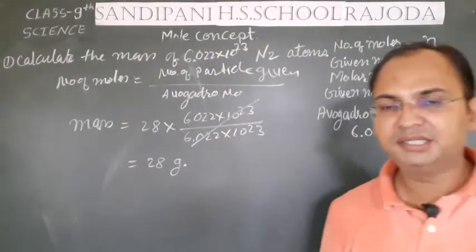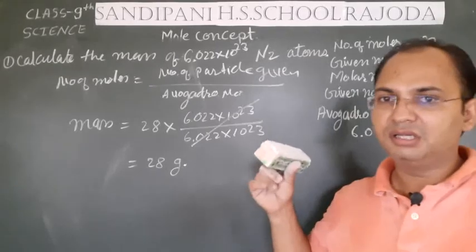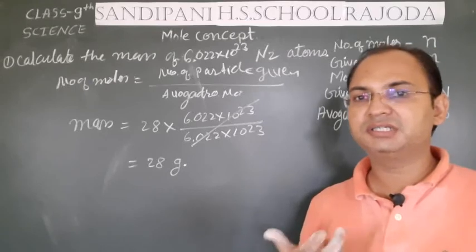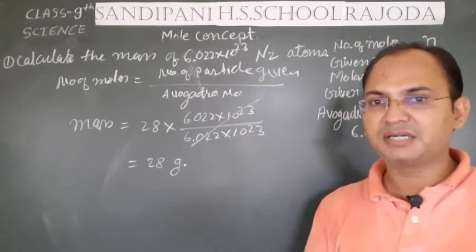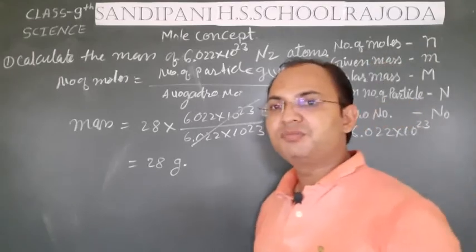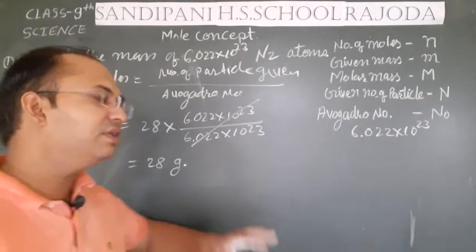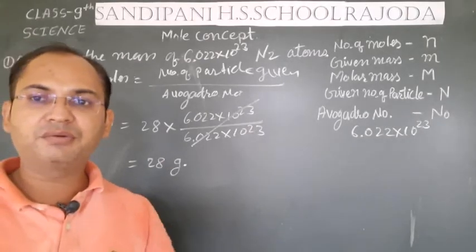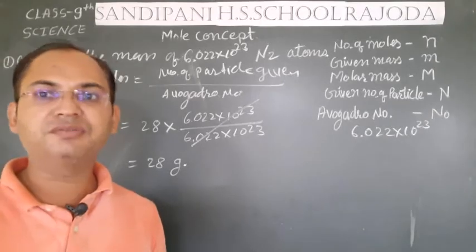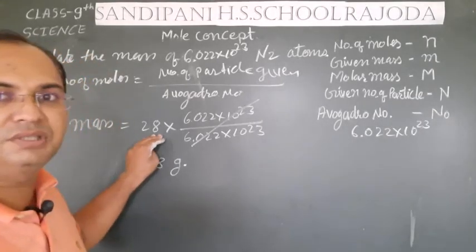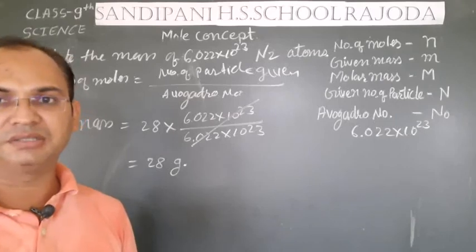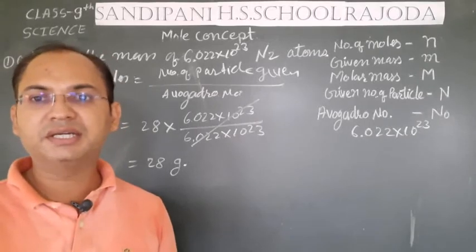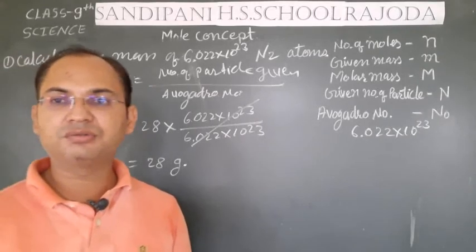So students, in this way, if the number of moles or the number of particles is given, then we can easily calculate the total mass of the particles. In the first case, when the number of moles is given, then it can be directly multiplied by its molar mass. But if the number of particles is given, then we have to convert the number of particles into number of moles, and then multiply it with the molar mass of the given substance. So students, this was all about calculating the number of moles and calculating the mass of substances through different methods.